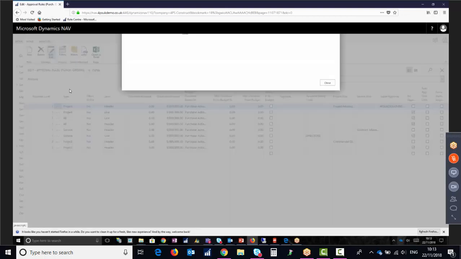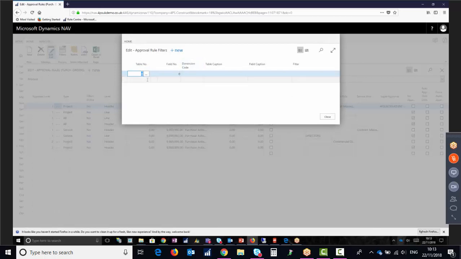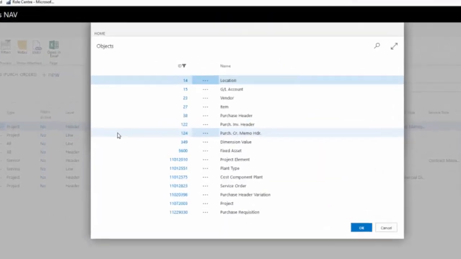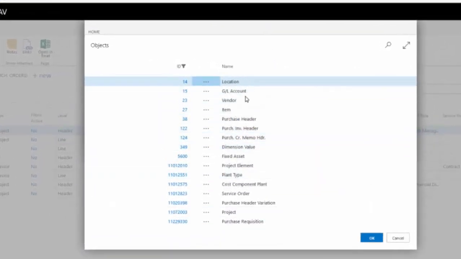So we'll go up to the filters at the top. Now, you can see here, I'll just go under the table number, that I can apply a filter based on things like the supply code, the item code, the purchase header code, what type of asset is it, or whether it's a plant type. And what you can do is you can invoke the rule to apply to that particular